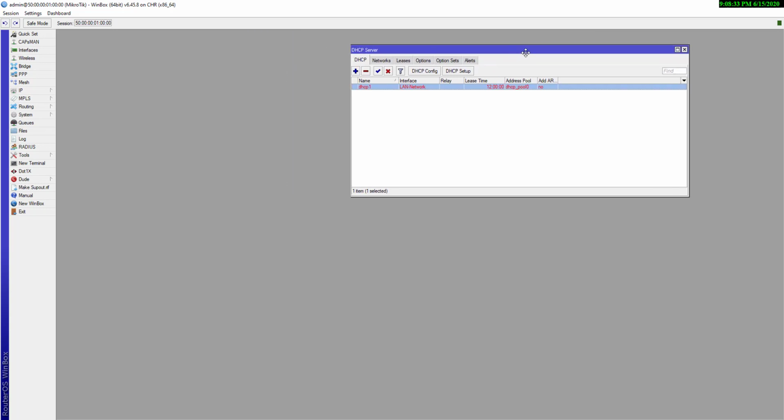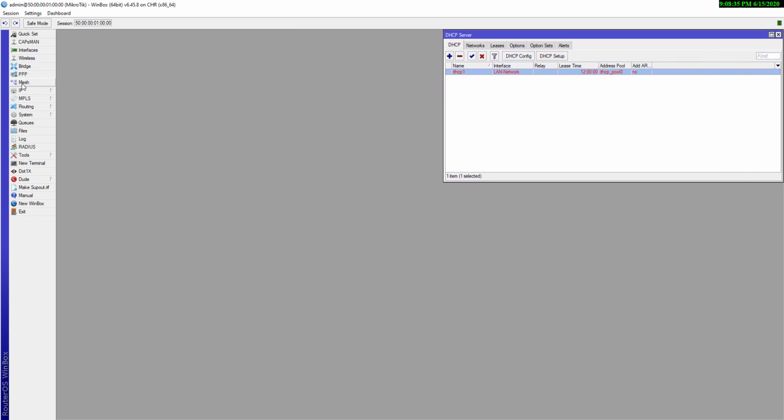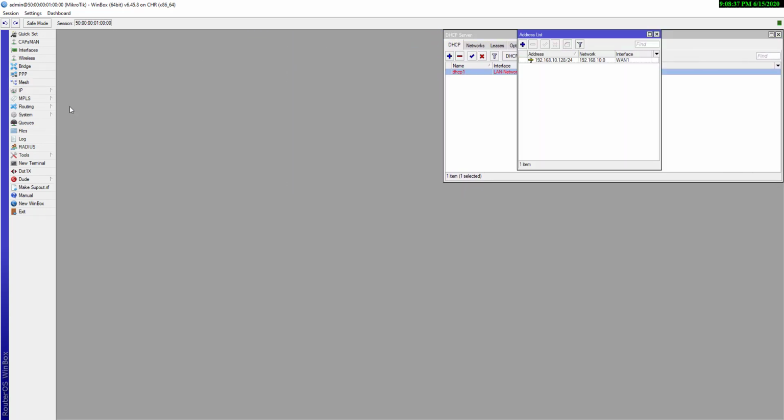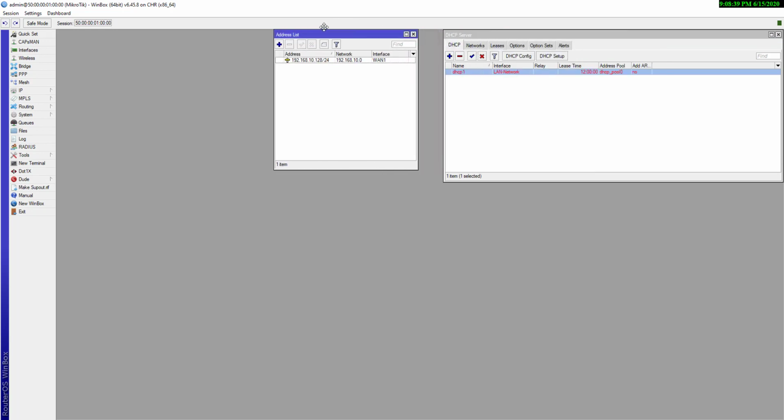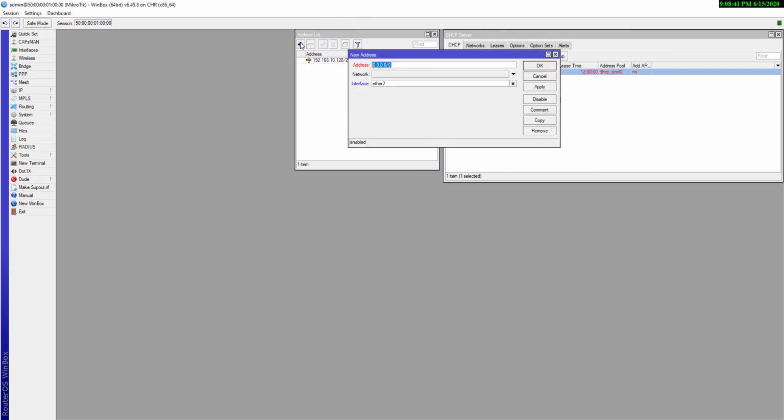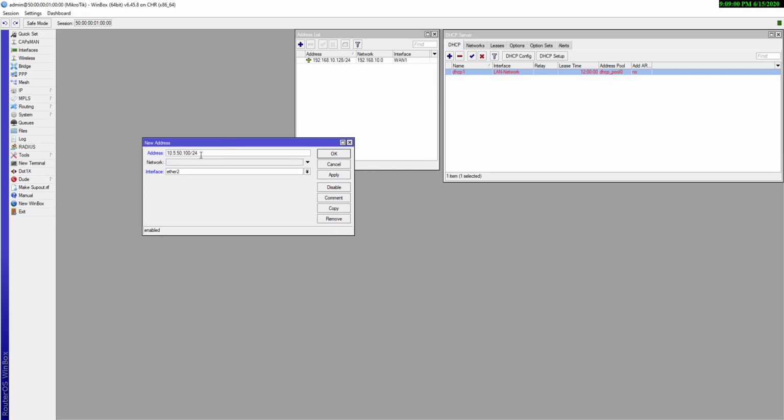Now we have to give the gateway in our address. So this is the gateway for our LAN network. Add, and here 10.5.50.100/24. I have already told you that you have to give the CIDR value here, and here you have to select your interface, which is our bridge, and apply and OK.